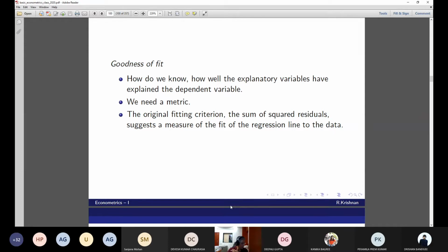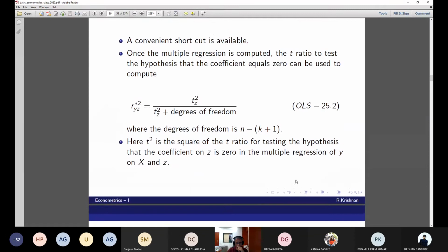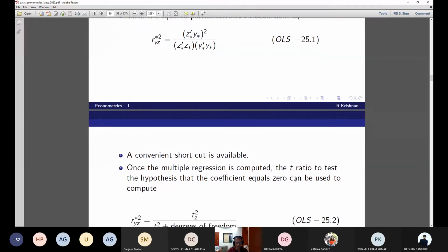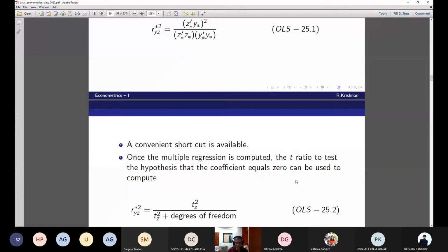Now let's go to the next important topic, that is the goodness of fit. Okay, now we have fit the regression. Can you again explain the interpretation of R square, instead of calculating 25.1? Yes, sir. I'm giving you a shortcut to calculate the partial correlation between income and age, to show whether age plays any role in explaining whatever correlation there could be between income and education.